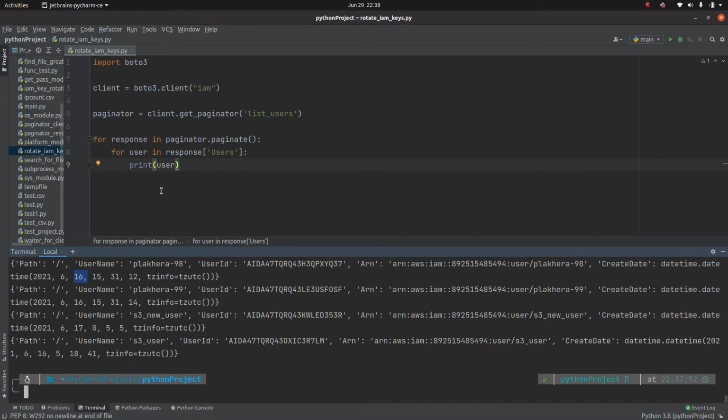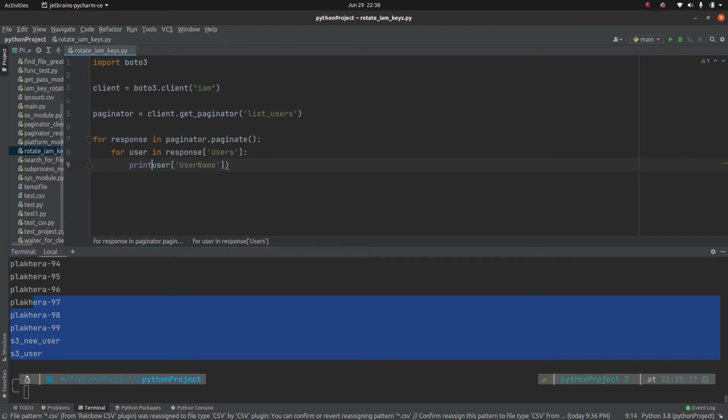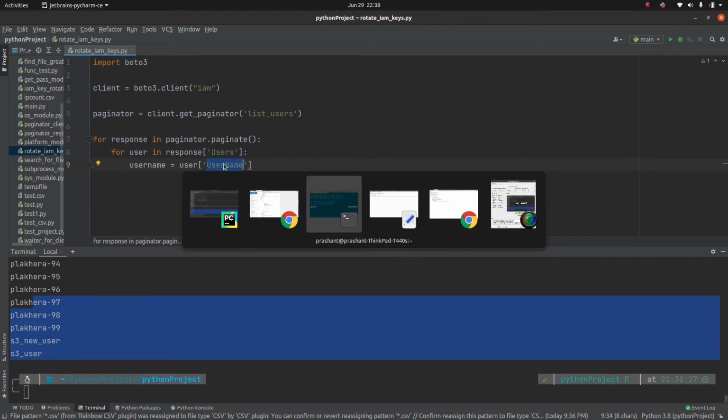So our idea is to get this user. One more thing which we need to do is, out of this user we only need a username, right? So let me pass this key and get the username. So now we only got the username, right? And let's store this username in some variable. Let me give it any name. Username is equal to, so we have collected the username, right?